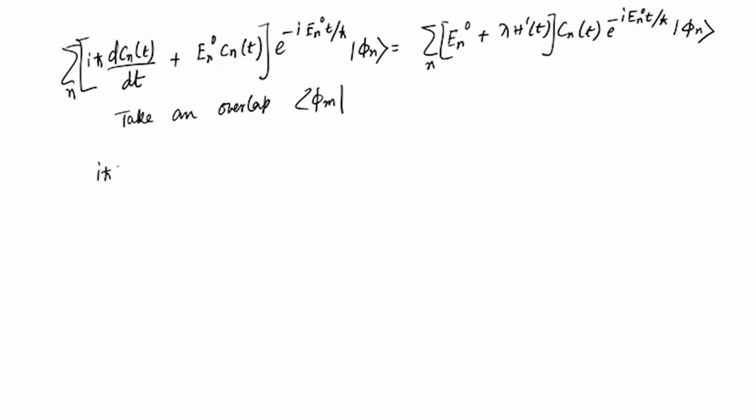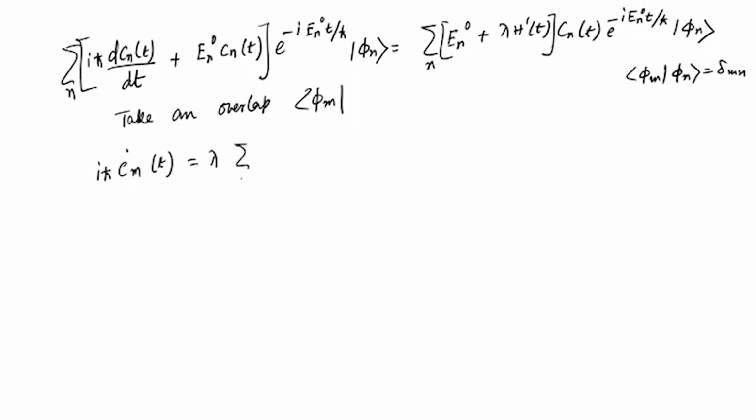Now, because of this Kronecker delta, when you have <phi_m|phi_n>, this is equal to delta_mn, and then there is a sum over n. So the sum really goes away, and you have a term like dC_m/dt, which we will write as C_m dot. Okay. So, you get dC_m/dt, which is nothing but C_m dot, which is equal to a lambda